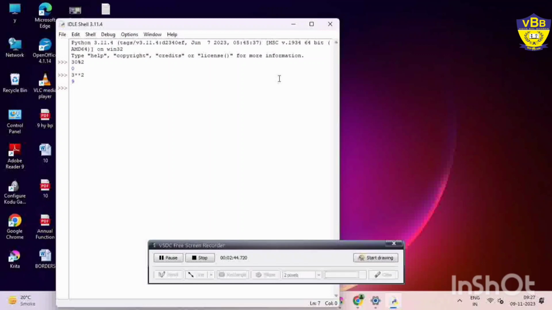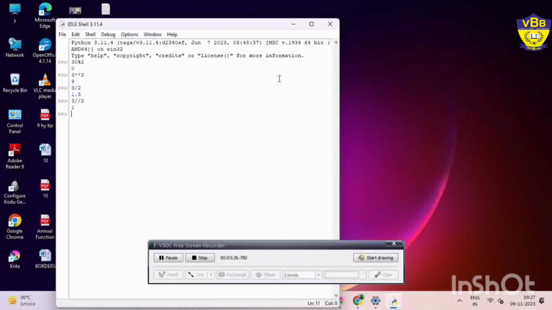Next is floor division. As I told you, there are two types of division, division and floor division. What is the difference between them? Suppose I divide 3 by 2, what will be the output? That is 1.5. But if I apply two divide signs, that is called floor division, then what will you get? That is 1 only. So if you want only the integer value of the division, you have to use floor division. It will give only the floor value, the value that comes before the decimal place. Got it? So arithmetic operators are clear.